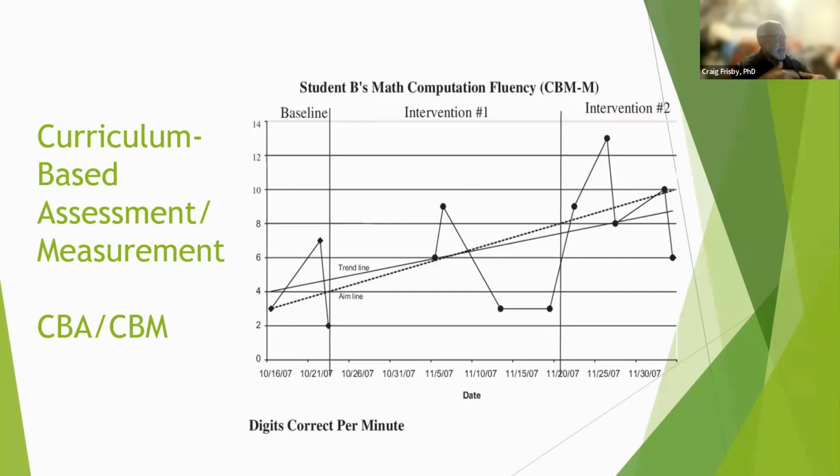So again, I'm summarizing real quickly because I want to get to the end here. The curriculum-based assessment movement is very good for helping teachers and diagnosticians to make decisions related to the classroom curriculum, but it is not a measure of general mental ability. And one of the things we still find whenever we do studies using curriculum-based assessments is that there are group differences with respect to outcomes.